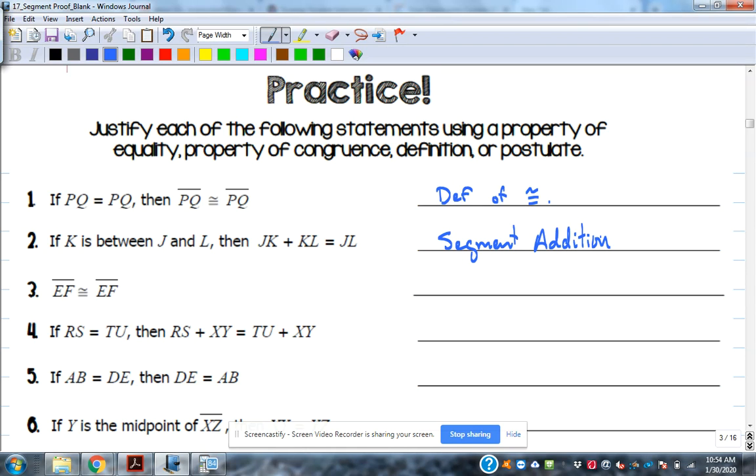And we'll just write segment addition because there's no other segment addition property. There's a postulate that we know: segment addition. Number 3 is the reflexive